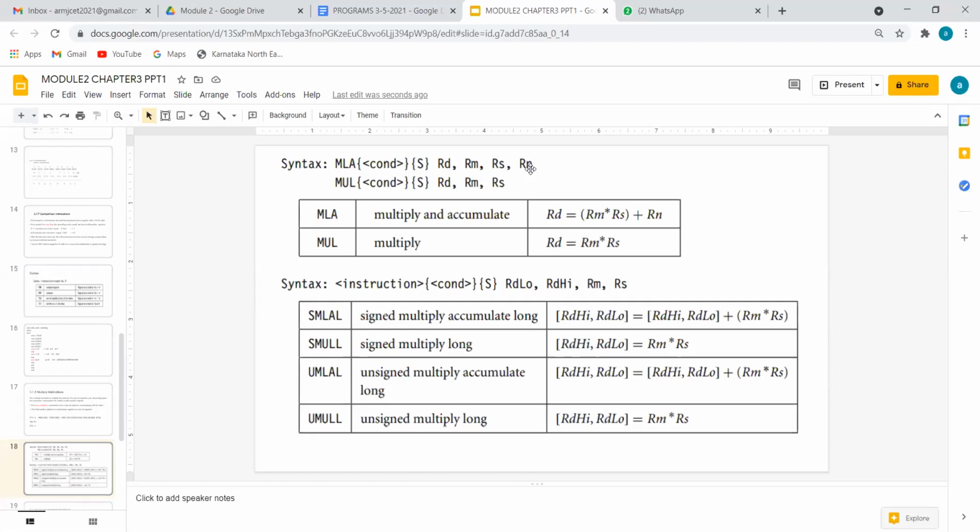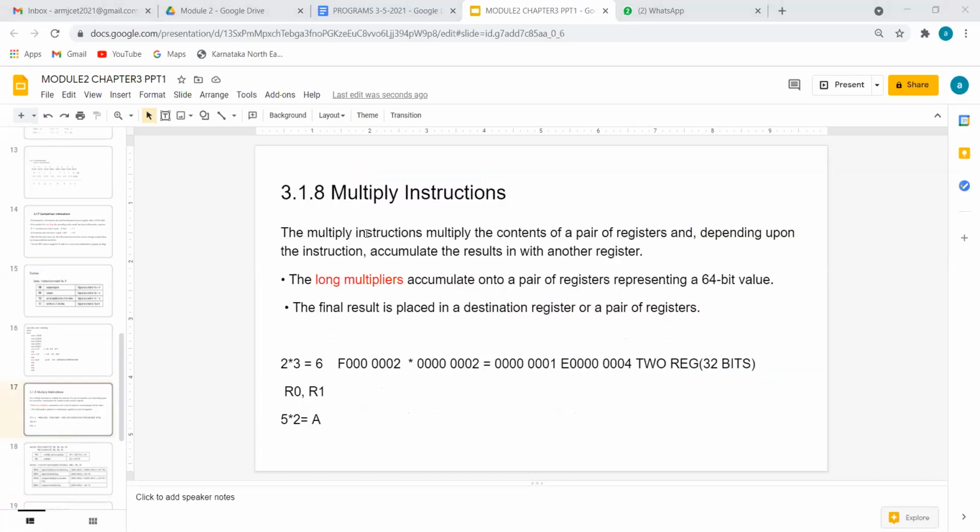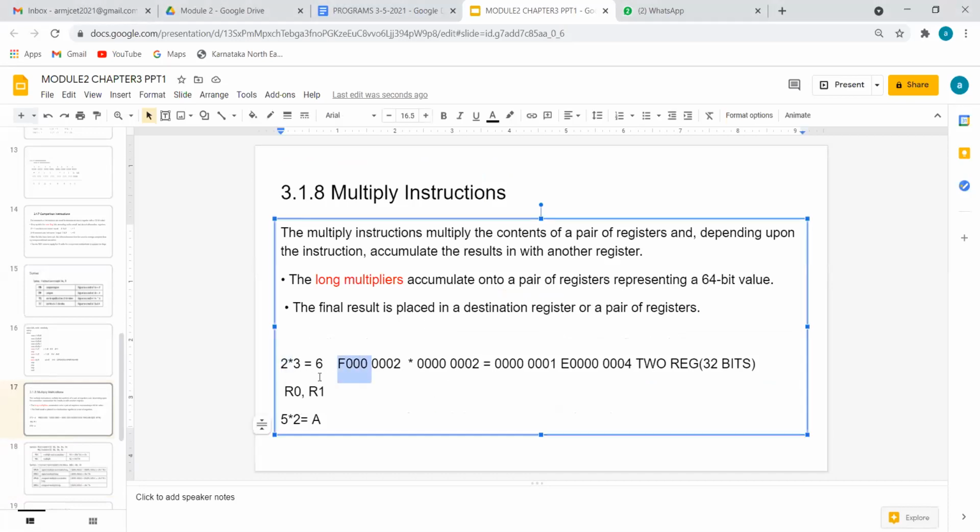If possible, I will try to give you the values also. So remember the equation. Whatever you can see on the slide, you should be able to write it in your answers whenever you get a question based on this. Explain multiplication: first, you can write the normal multiplication definition. Take example values like 2 and 3, convert them into 32-bit numbers and show the answer.